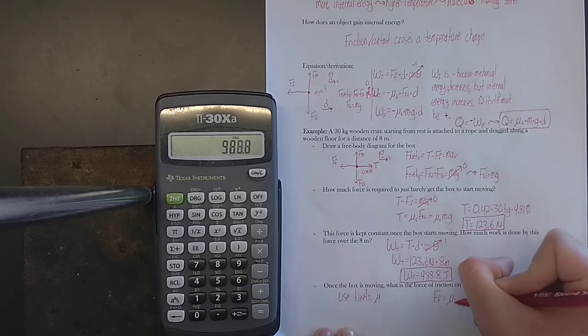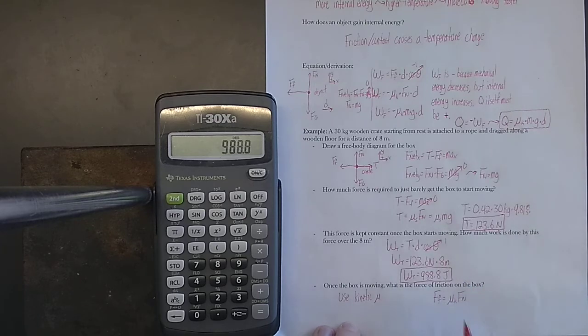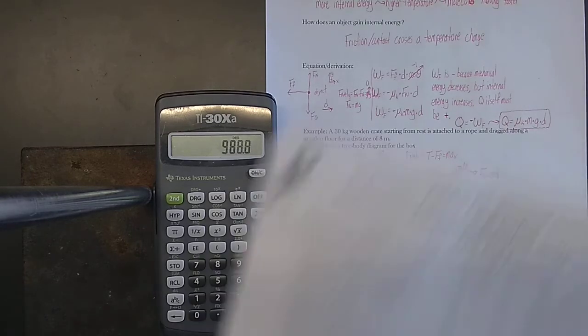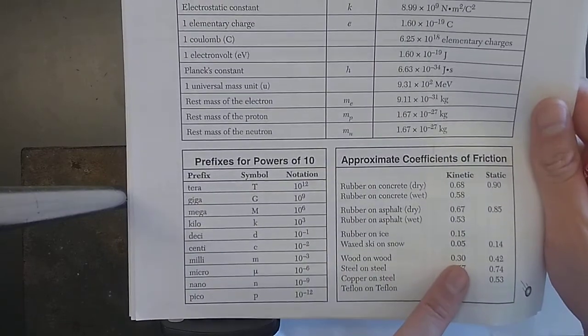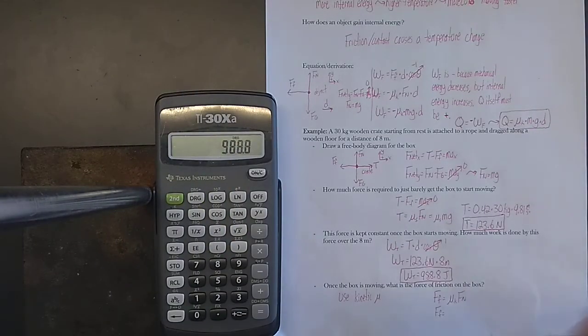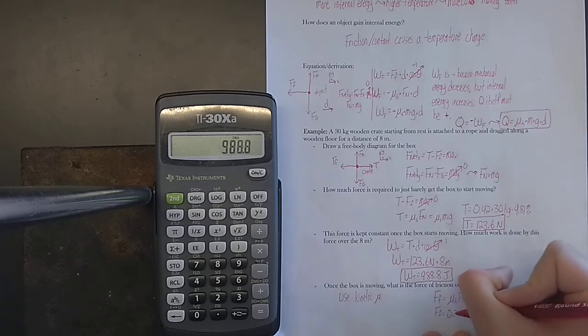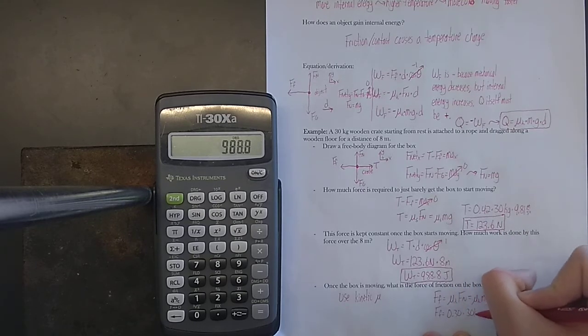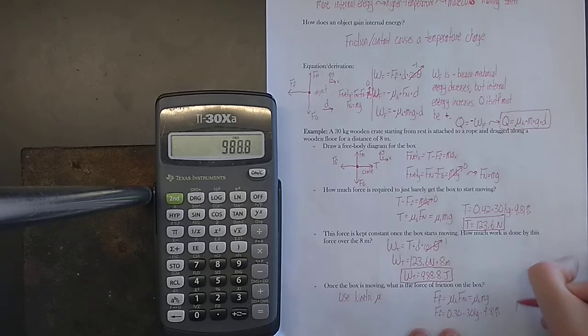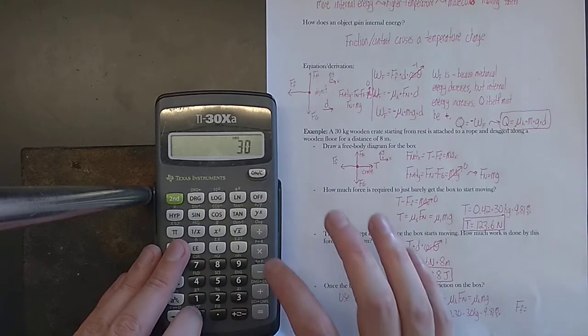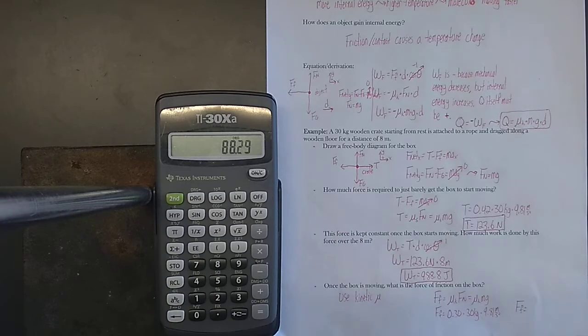And in that case, we can definitely use this equation. This equation always works if we're trying to find the kinetic coefficient of friction. The kinetic coefficient of friction for wood on wood is 0.30 times 30 kilograms times 9.81 meters per second squared. The new force of friction is